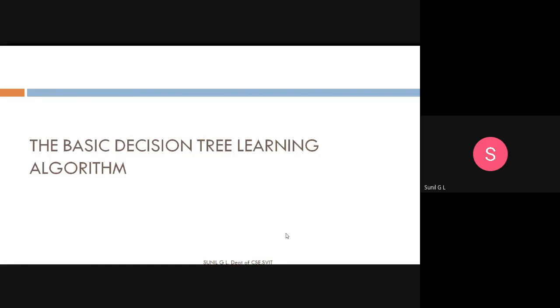Today we discussed what decision tree learning is, what the different classification techniques are, how we take a decision tree from those techniques and construct it, and we took an example of decision trees. Then we discussed the appropriate problems for decision trees. All those things we have discussed in today's class. Next class I will discuss the basic decision tree algorithm.